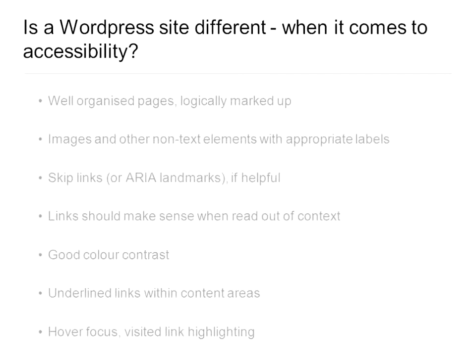And these are things that apply to all sites. Your website should be well organized, it should be logically marked up. I don't know if that makes any sense, but a web page is a structured document. And a structured document is where the structures on the page are labeled saying what they are. So most pages have main headings, subheadings, images, lists. And how does the browser know that that's what those things are? Well, because you add labels into the code that say this is a heading, this is heading 1, this is heading 2, this is an image, this is a list, this is a list item. And that's the structure of the page.